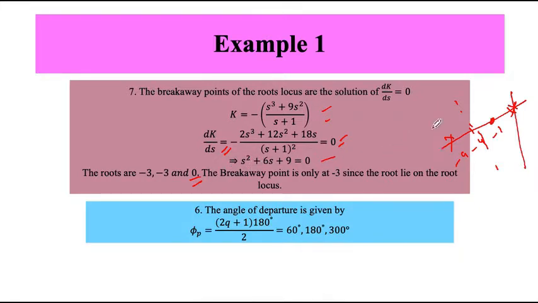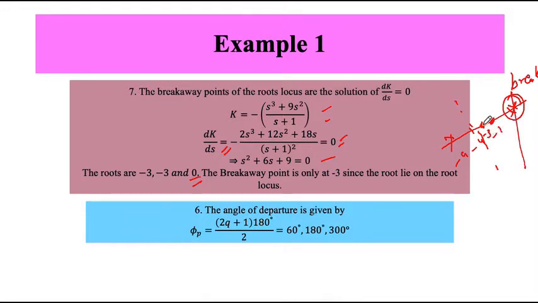Okay, so you can see here there is already a breakaway point here because there are multiple roots here. Okay, so this is the breakaway point, and then these two guys are sitting here at -3. So this is how it looks like. They will start here and they will again meet here. So this is the break-in point. Okay, so this is the breakaway point, this is the break-in point.